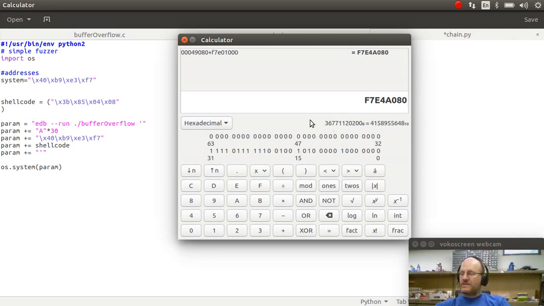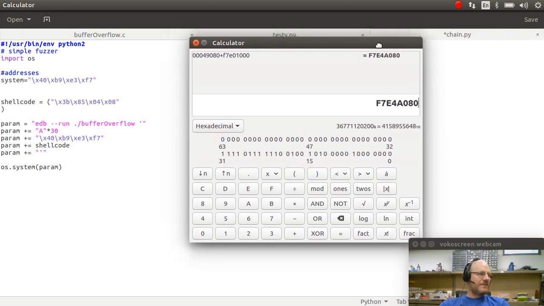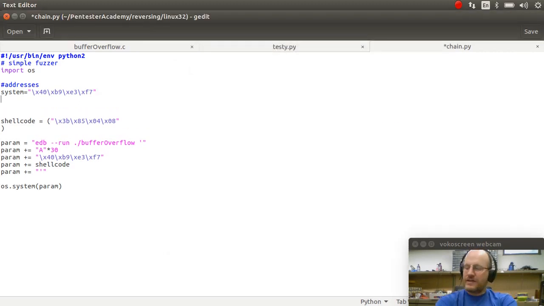So this should be at F7E4A080, if my math is correct. I'll just go ahead and copy it from my cheat sheet. Sprintf